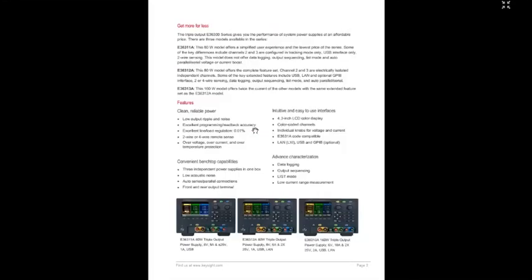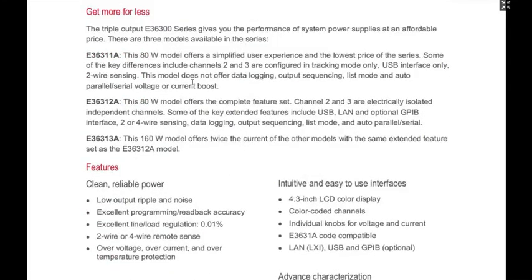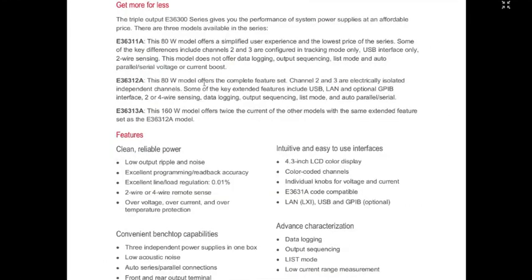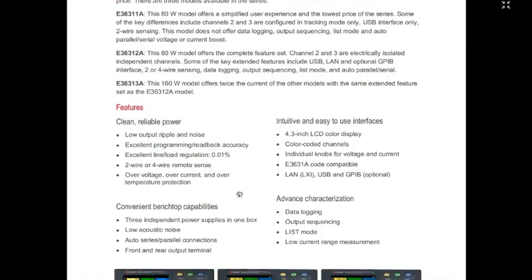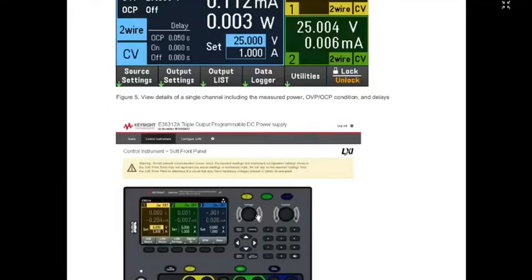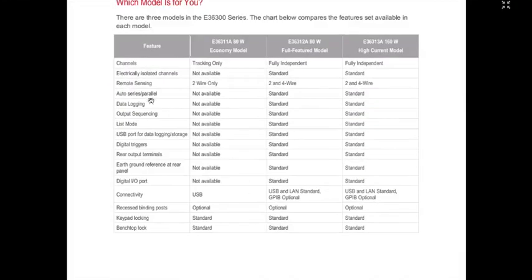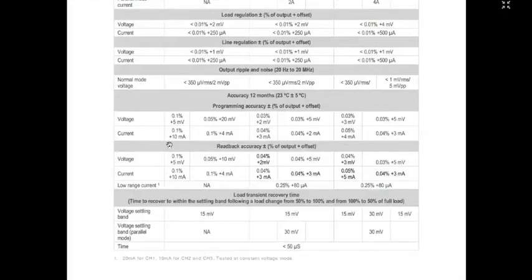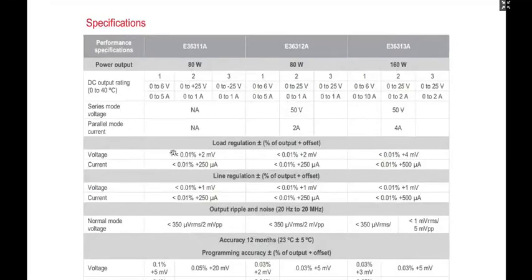Now a few questions related to this power supply. First thing, when you enter into any data sheet, the first few pages will give you almost all the basic features of that particular power supply or any particular device, be it an IC or anything. Now let us go a bit deeper into this data sheet and check what things are available. Here comes the technical specifications. First, here there is a model